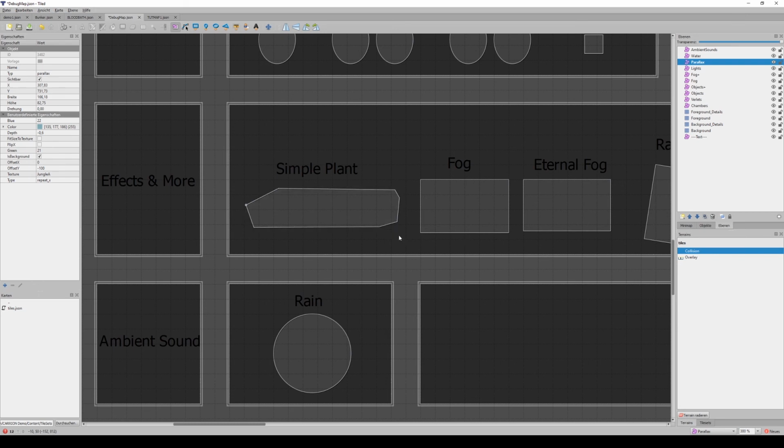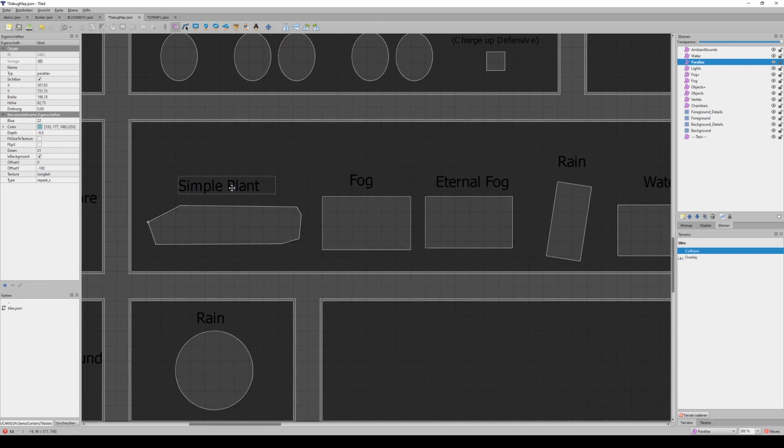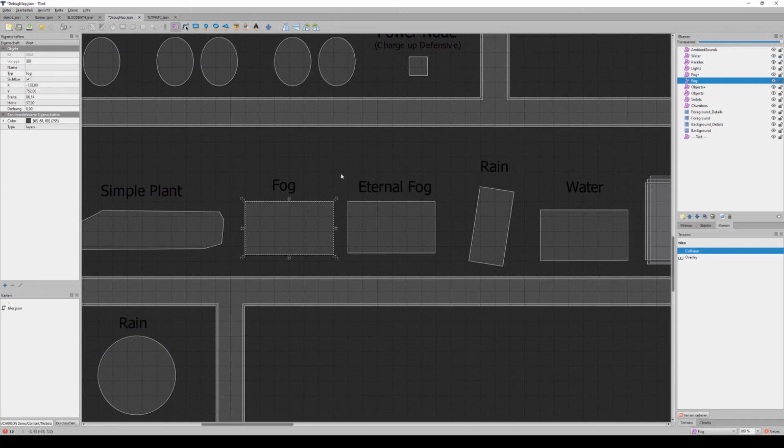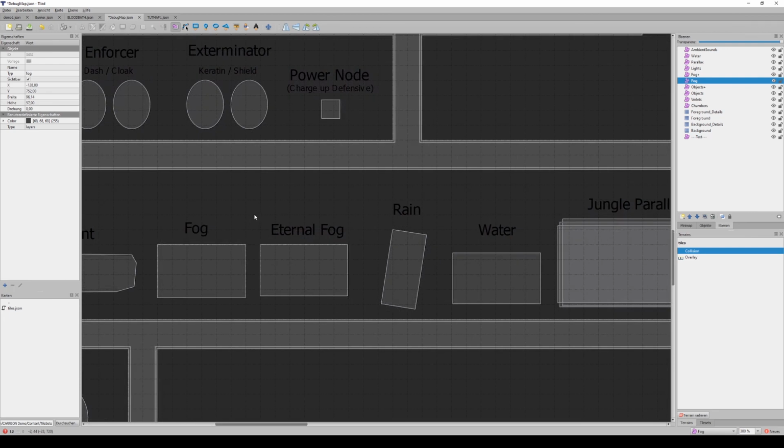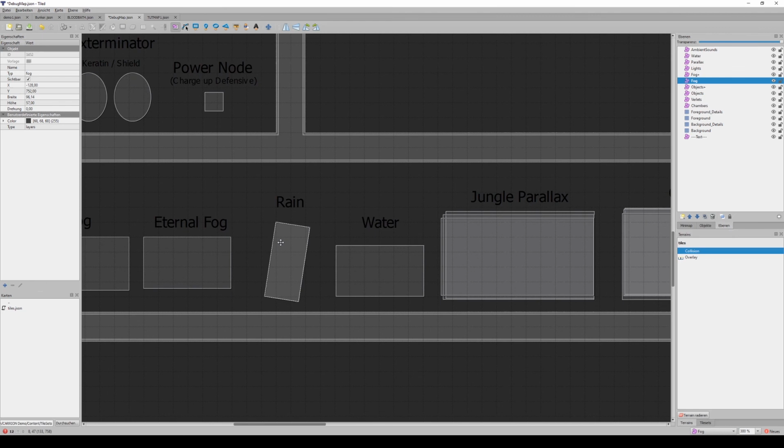I don't know if it has to be a jungle chamber for it to work. I haven't tested that yet, but it wouldn't make that much sense to see plants inside a building, except if it's overground, or it kind of depends on the theme you're going for. Then the fog is a pretty nice touch. It adds some nice lighting. Then the rain,